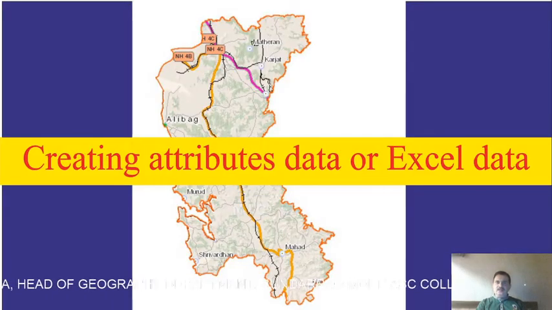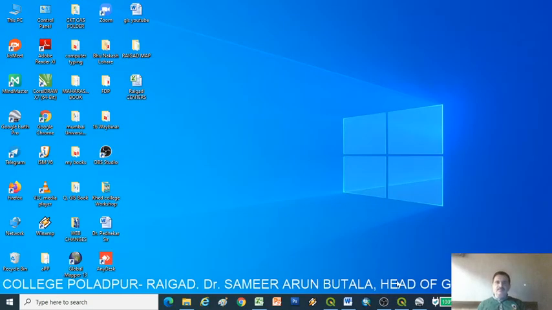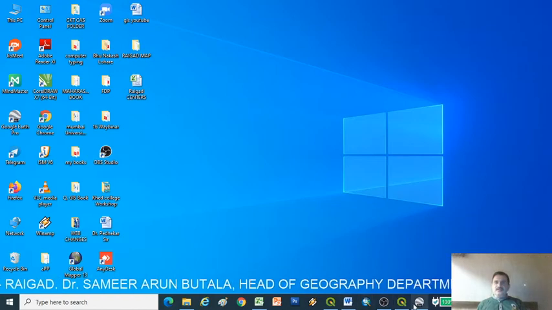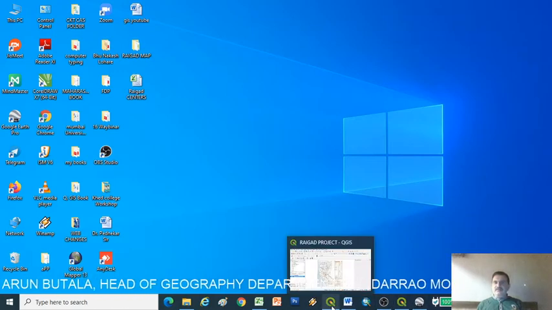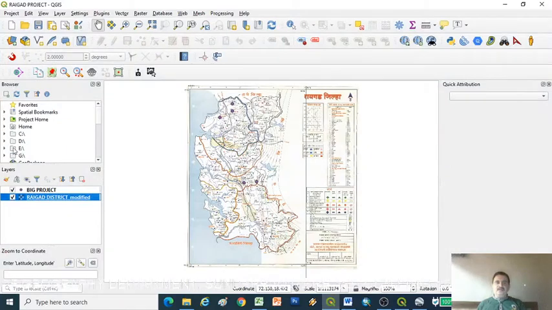Now we are seeing how to create attribute data and Excel data. In the last video we saw how to create a point layer. We created a file, the Raigad project, and digitized these points.